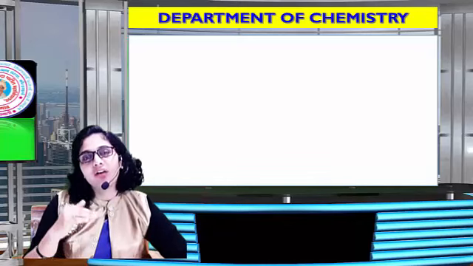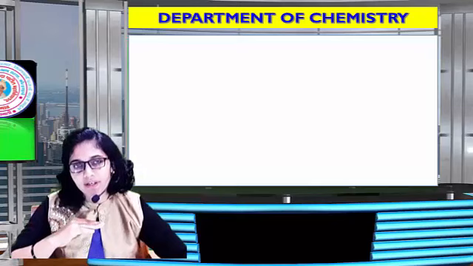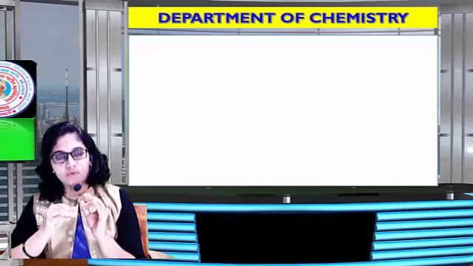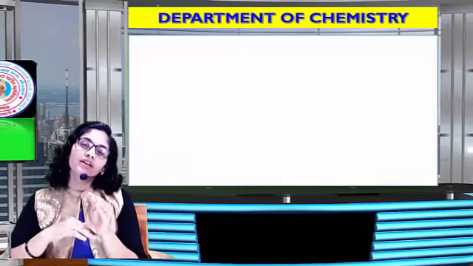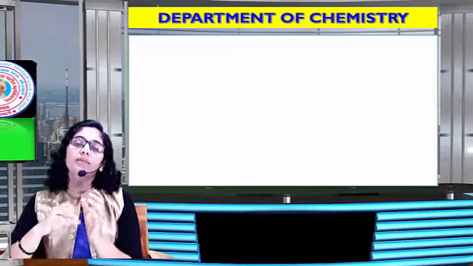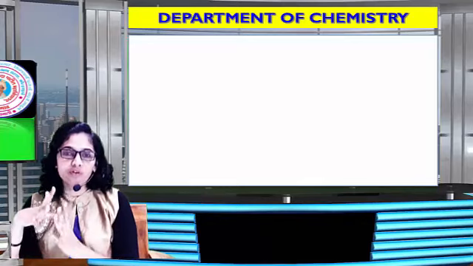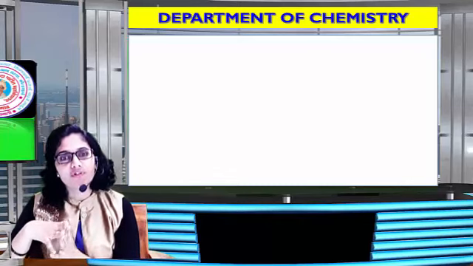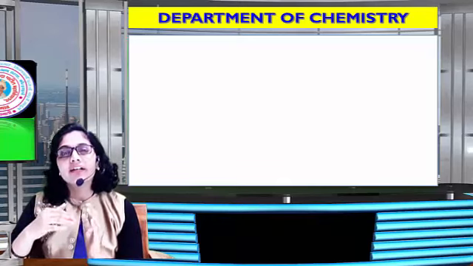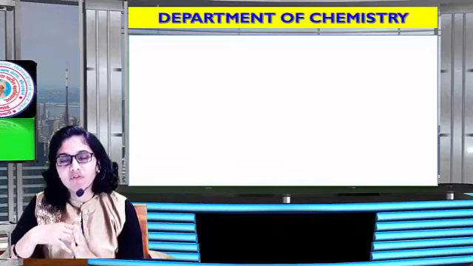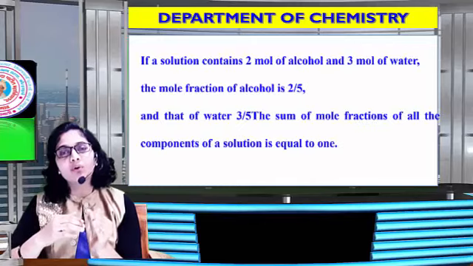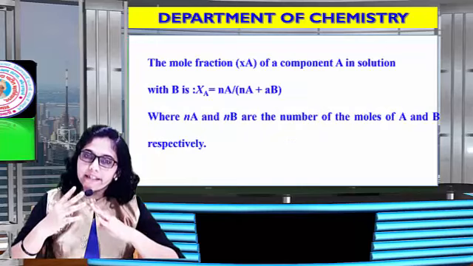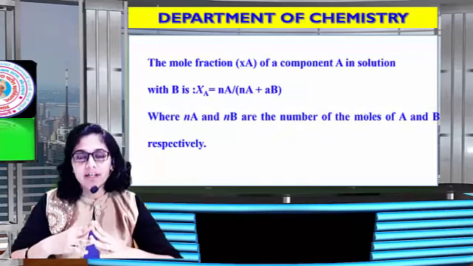This means if we have a 1 liter solution of NaCl, we find the number of moles of NaCl, and if we neglect the amount of NaCl, the remaining amount is water, and using that we can calculate the number of moles of water. So by taking the ratio N1 upon N1 plus N2, meaning the number of moles of solute divided by the total number of moles in the solution, we easily get the mole fraction of NaCl.